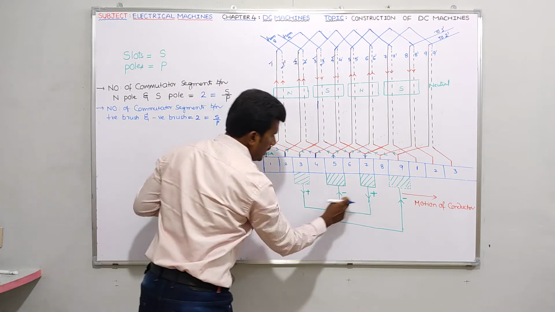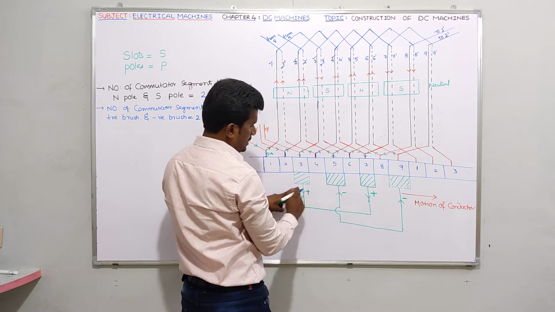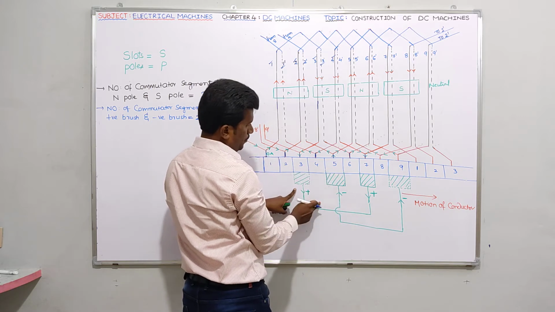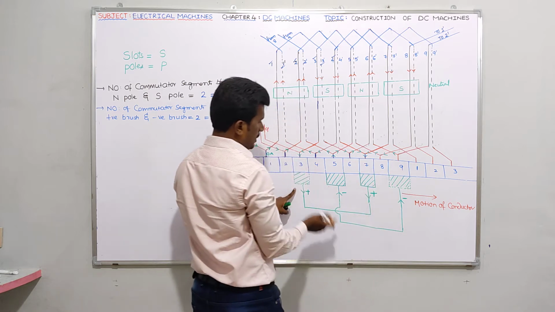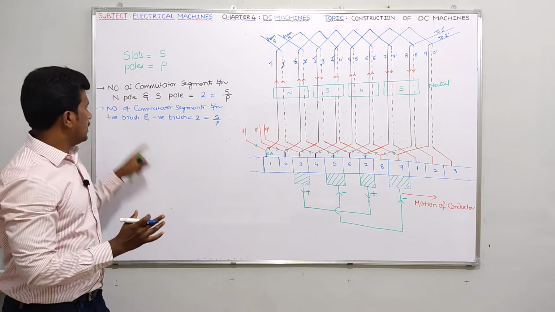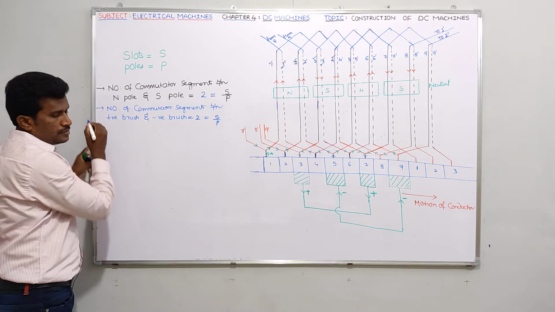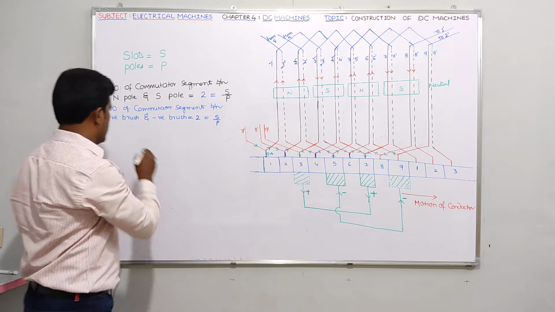If you take plus and minus, so 7 minus 5, 2. If you take a plus and minus, 5 minus 3, 2. If you take plus and minus, 9 minus 7, 2. Like that you have to compare. It's very simple. Right. So next one. Please let me give number of coils.